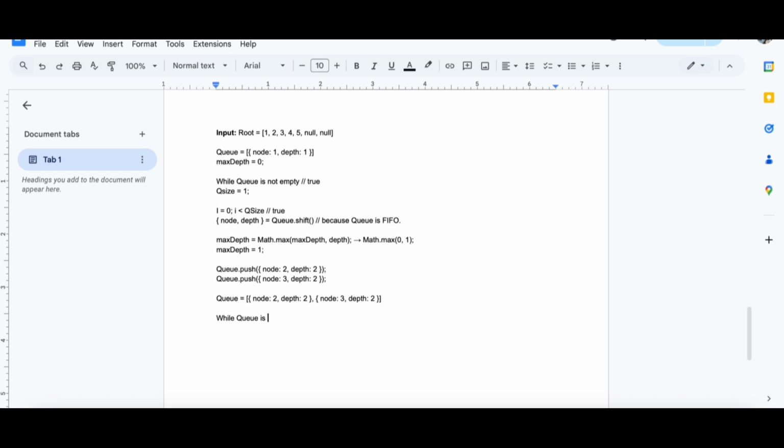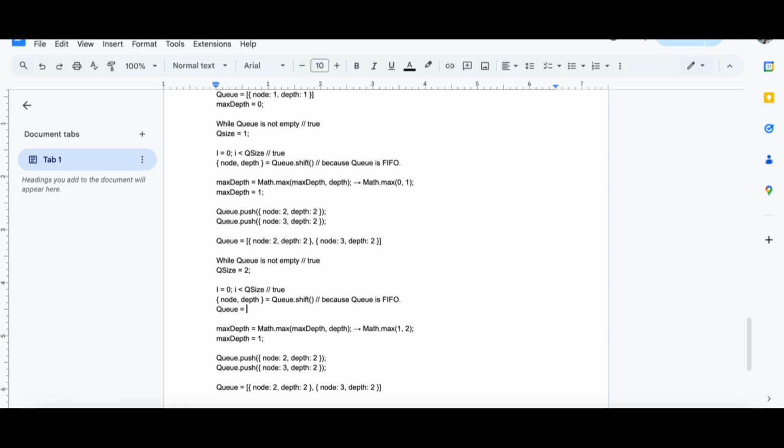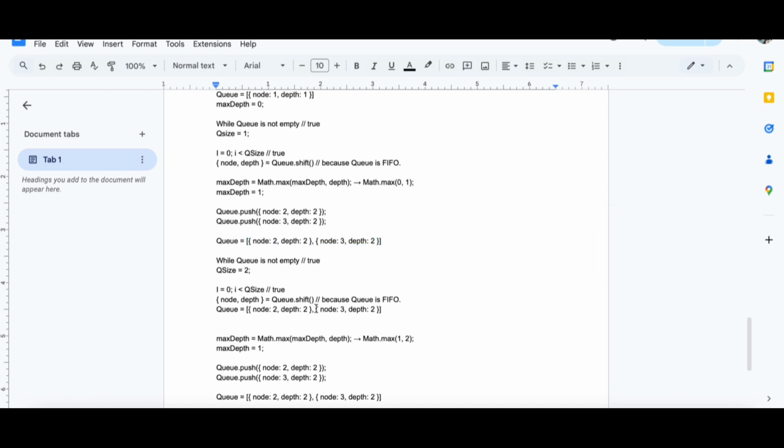While Q is not empty, which is true, then Q size is 2, right? i is 0, i is smaller than Q size, this is true. I'm just going to copy this and this. The max depth last time was 1, then we compare with 2. Now the Q only has 3 left because we got the 2, right?